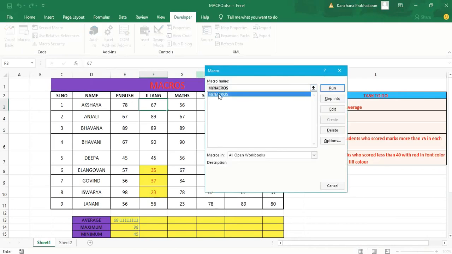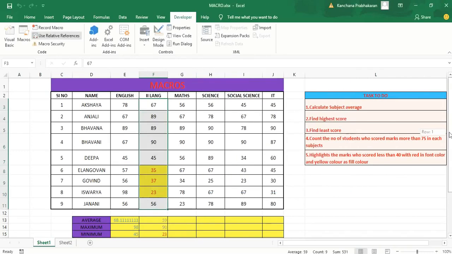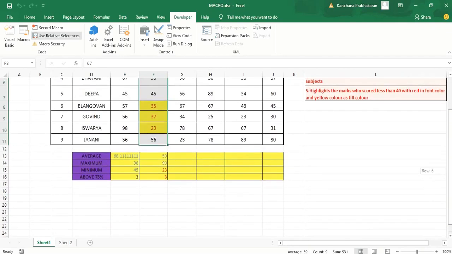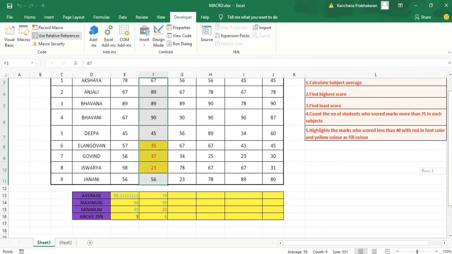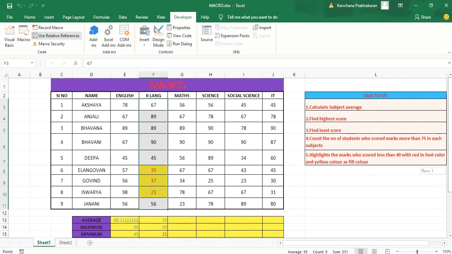Here you can choose the macro name which we have recorded already. Click on this, then click the Run button. So automatically I have done my formula for the second language. Can you see that? Yes. Without typing the formula again, I can easily apply the same formula to the second language.